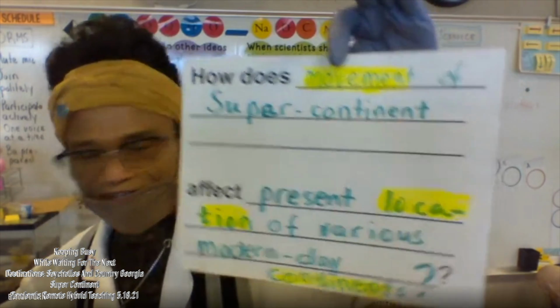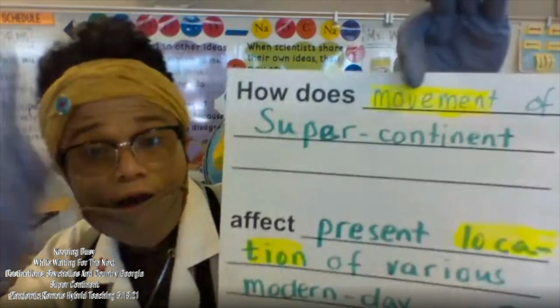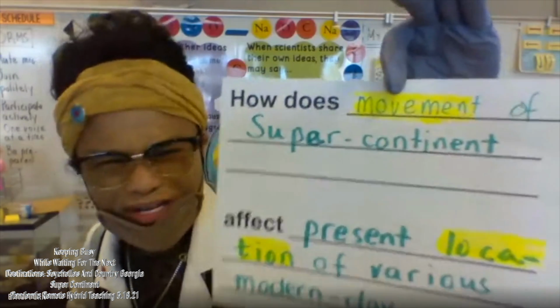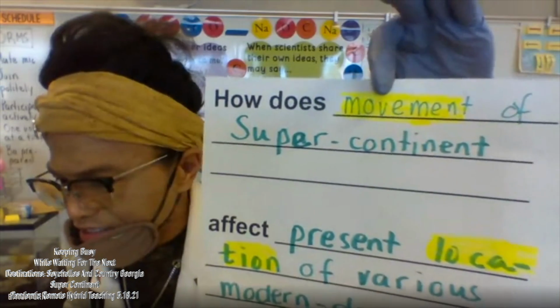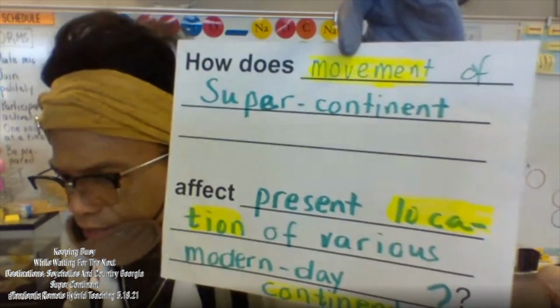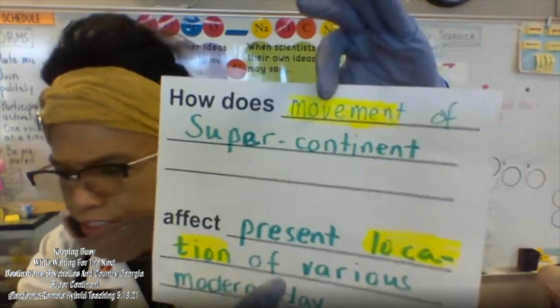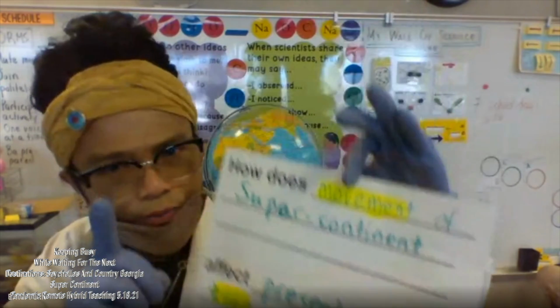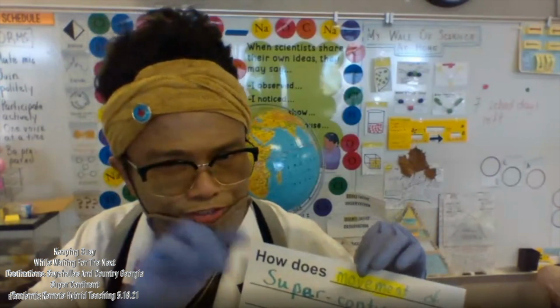Excellent. All right. So here we have, how does... See, there's an interruption. We don't want interruption. Back. How does movement of... now we have a word we will need to think about first. I want you to type the word